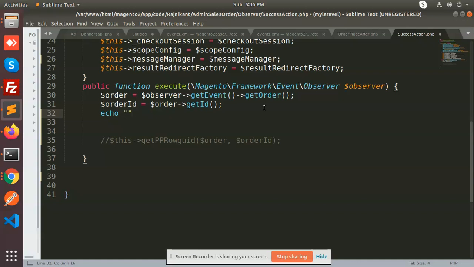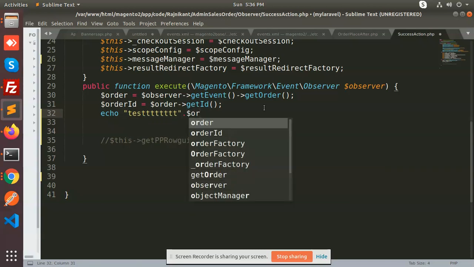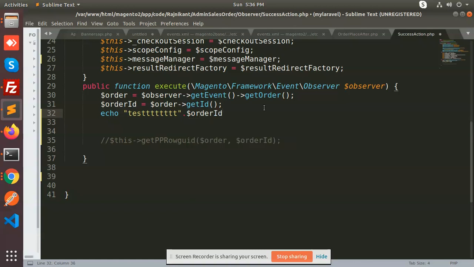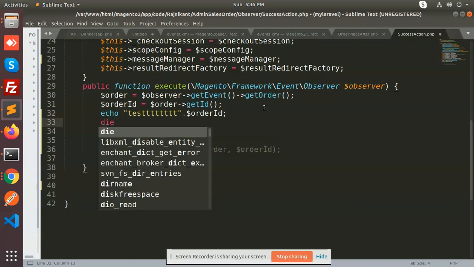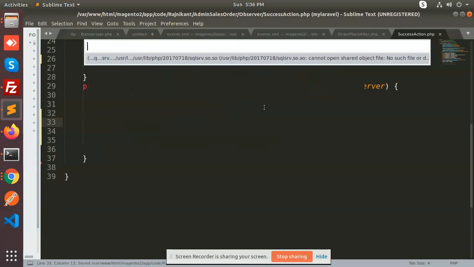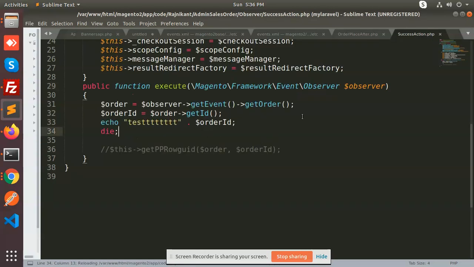Echo test with the dollar order ID, and put the die over here. Okay, so we are going to complete this process now.